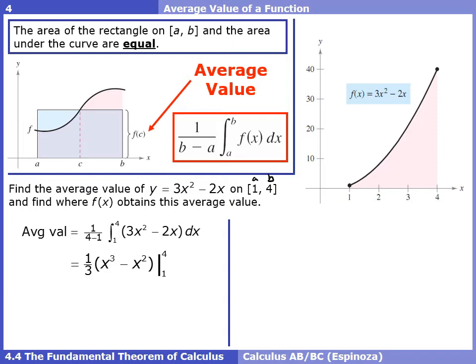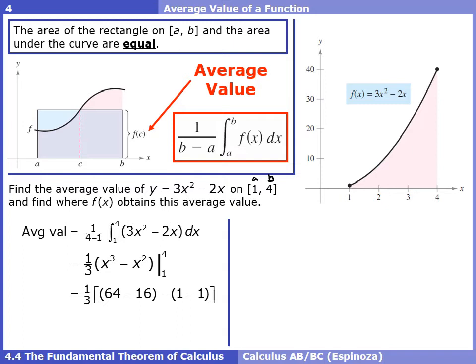And now the new thing we learned in this lesson is that to evaluate this integral from 1 to 4, we're going to apply the fundamental theorem of calculus. So we're not going to put a plus c here. We're just going to put the bar notation and then put the lower bound of 1 and the upper bound of 4. The fundamental theorem of calculus tells us to plug in the upper bound first, which is 4, so